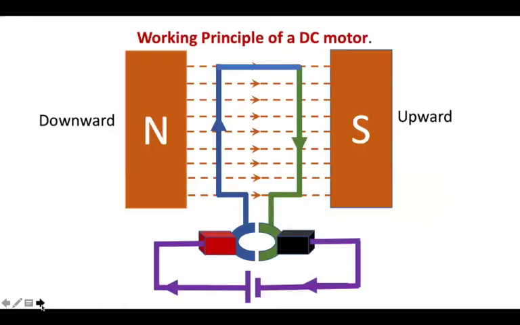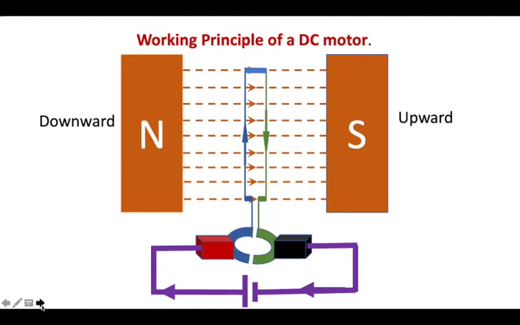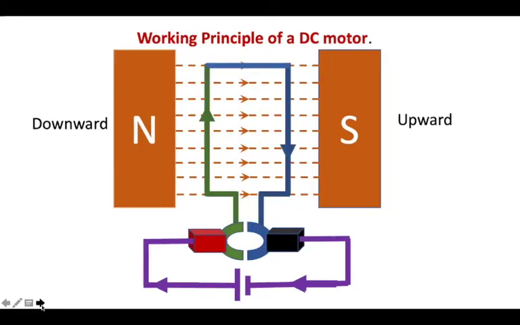Now you can see the figure over here. I have taken a coil. The green wire experiences a force, and the coil tries to move upwards from the green side, and on the blue side the coil tries to go downwards. So there will be a movement. That movement you can see over here. The green is coming upward and the blue is going downward. So after 90 degrees,